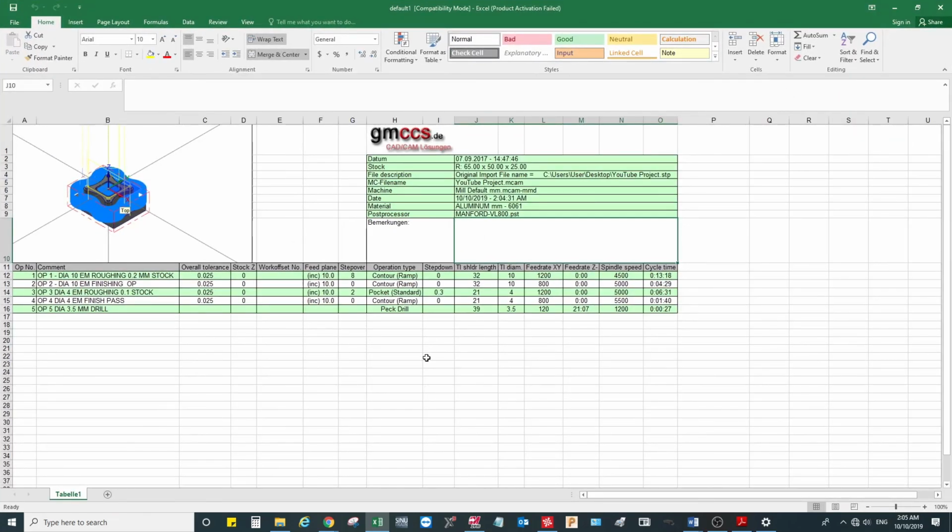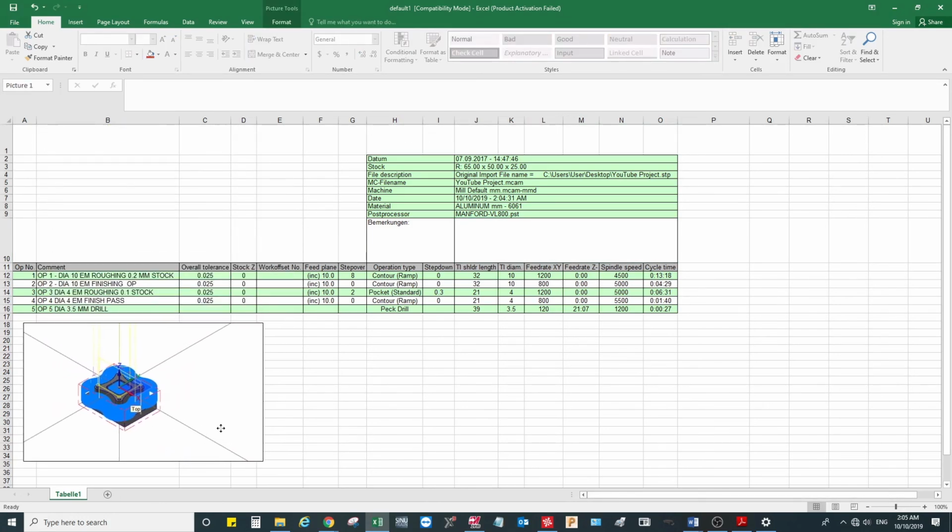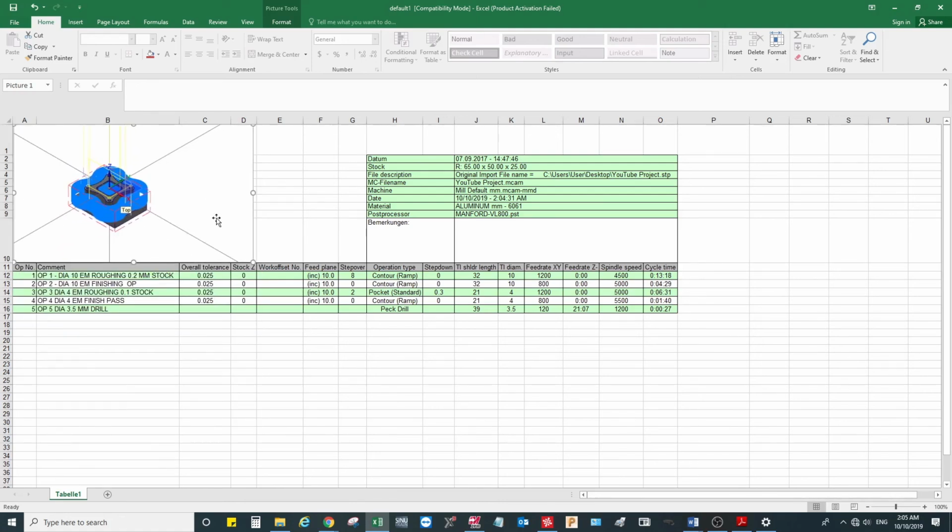So pretty much done with the outside profile milling and inside pocket. The one that we are left with is this 3.5 millimeter hole. So this is our last operation, and what I'm going to do is I'm going to